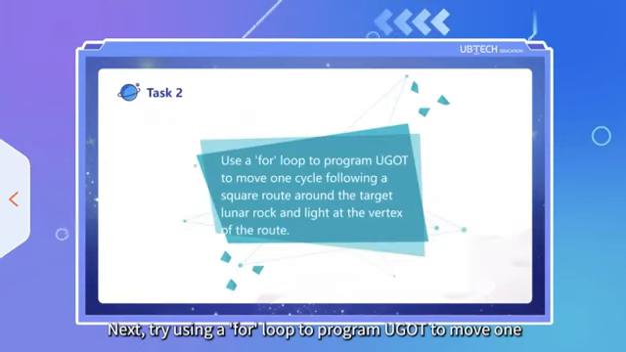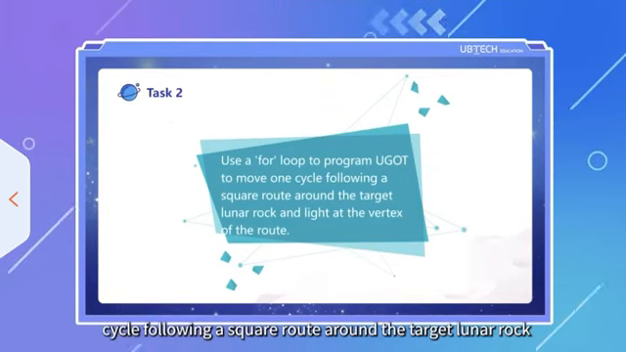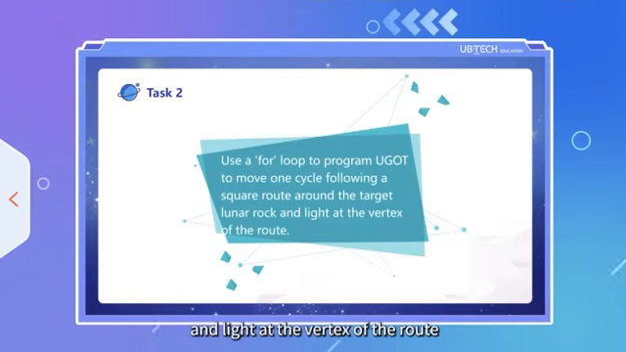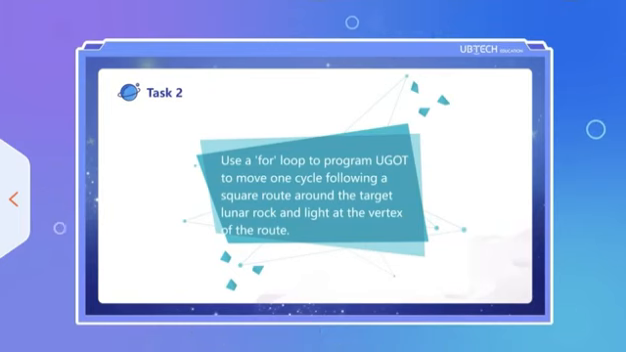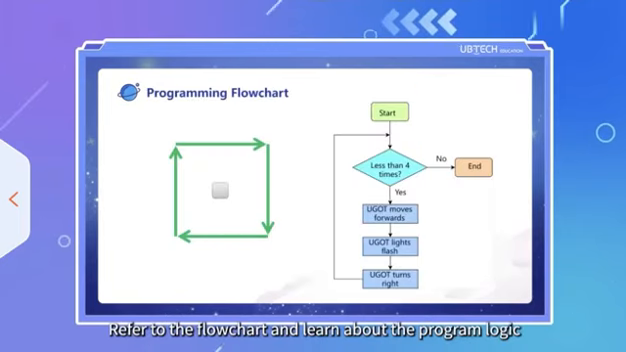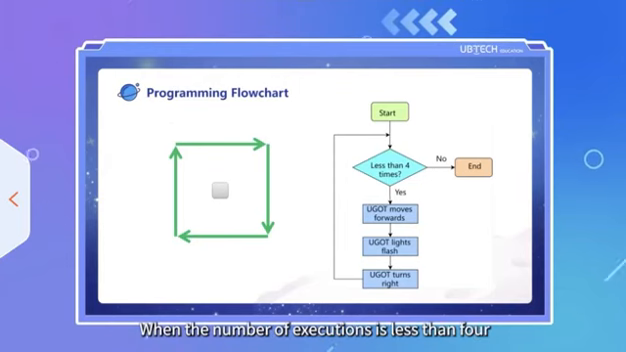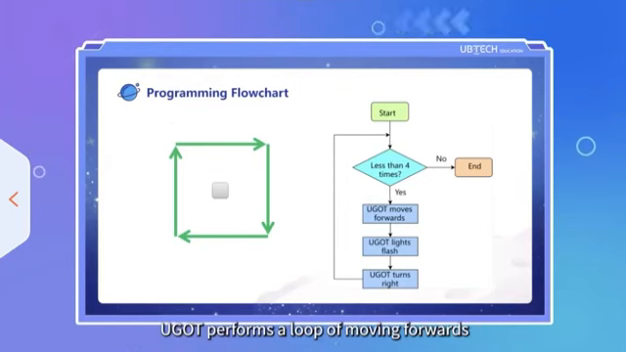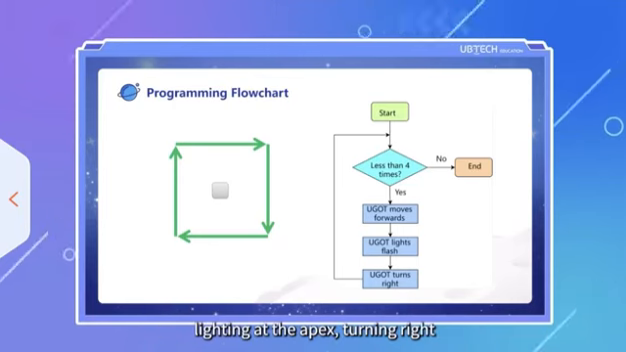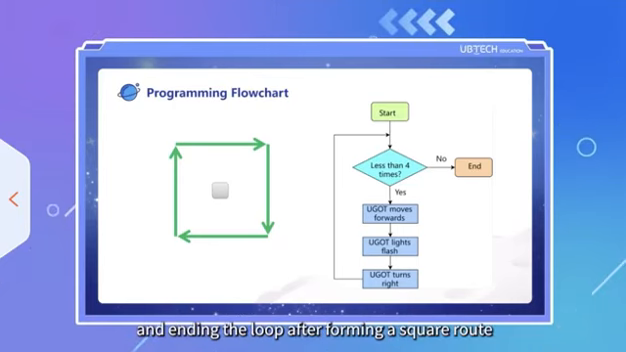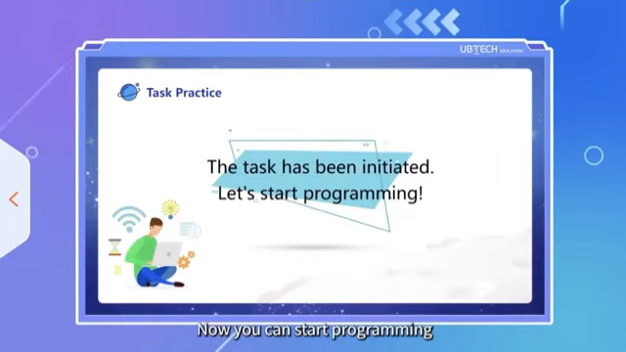Next, try using a for loop to program uGot to move one cycle following a square route around the target lunar rock and light at the vertex of the route. Refer to the flowchart and learn about the program logic. When the number of executions is less than 4, uGot performs a loop of moving forwards, lighting at the apex, turning right, and ending the loop after forming a square route. Now you can start